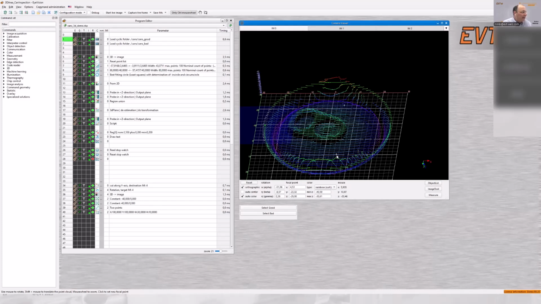You will get the latest version of the EyeVision software on next Monday. You can download it today. Then you get the current 4.4. But on Monday the 2nd, we release a new 4.5 version, which has some new features and, of course, some additional hardware manufacturers. We added some like SignVision